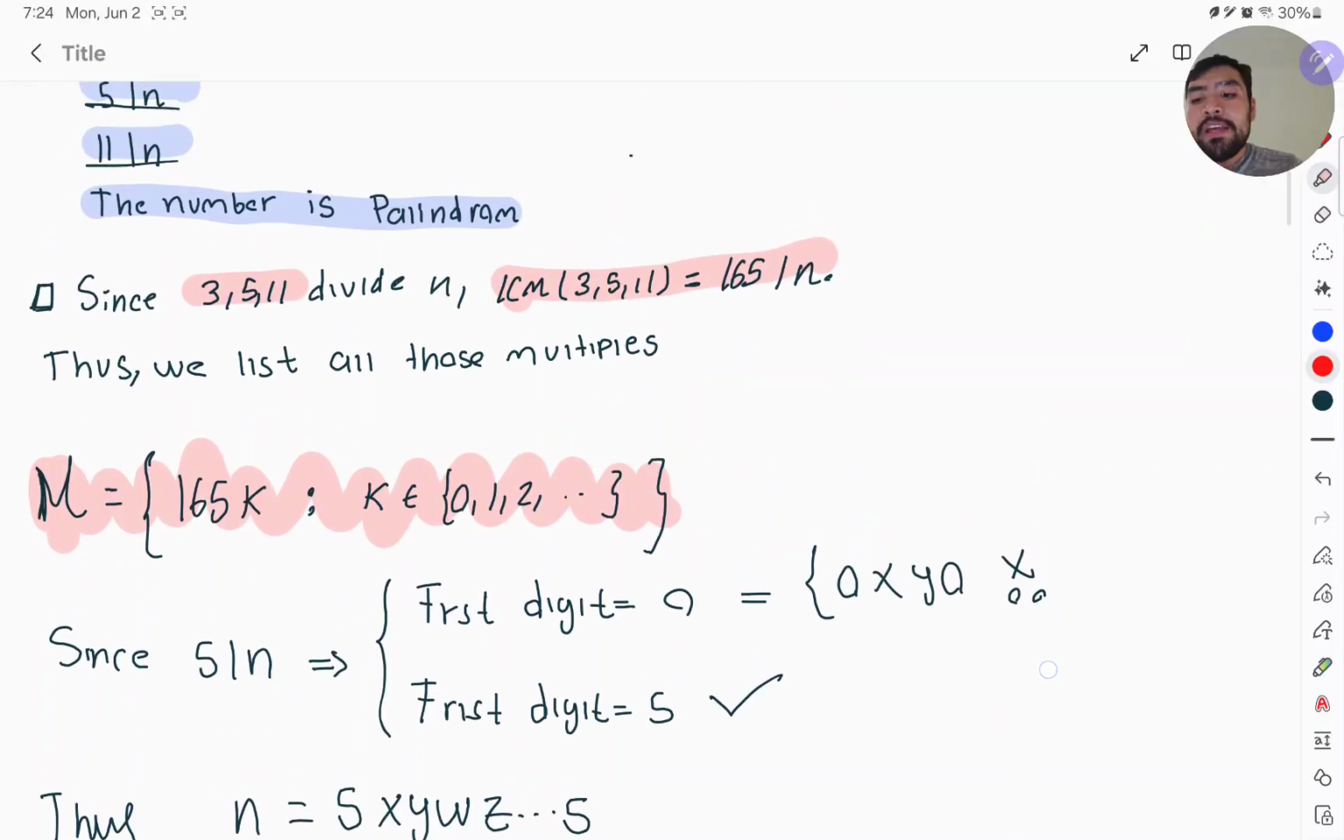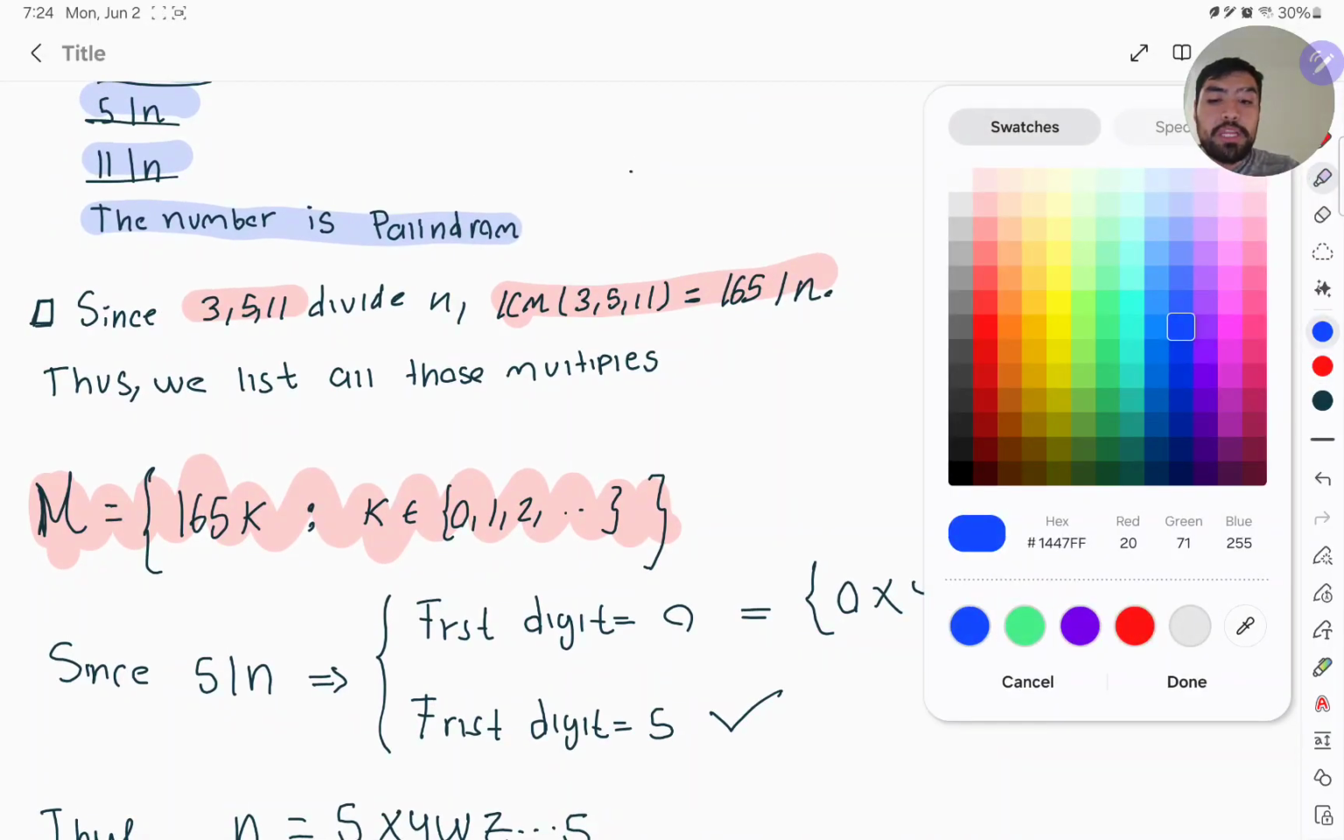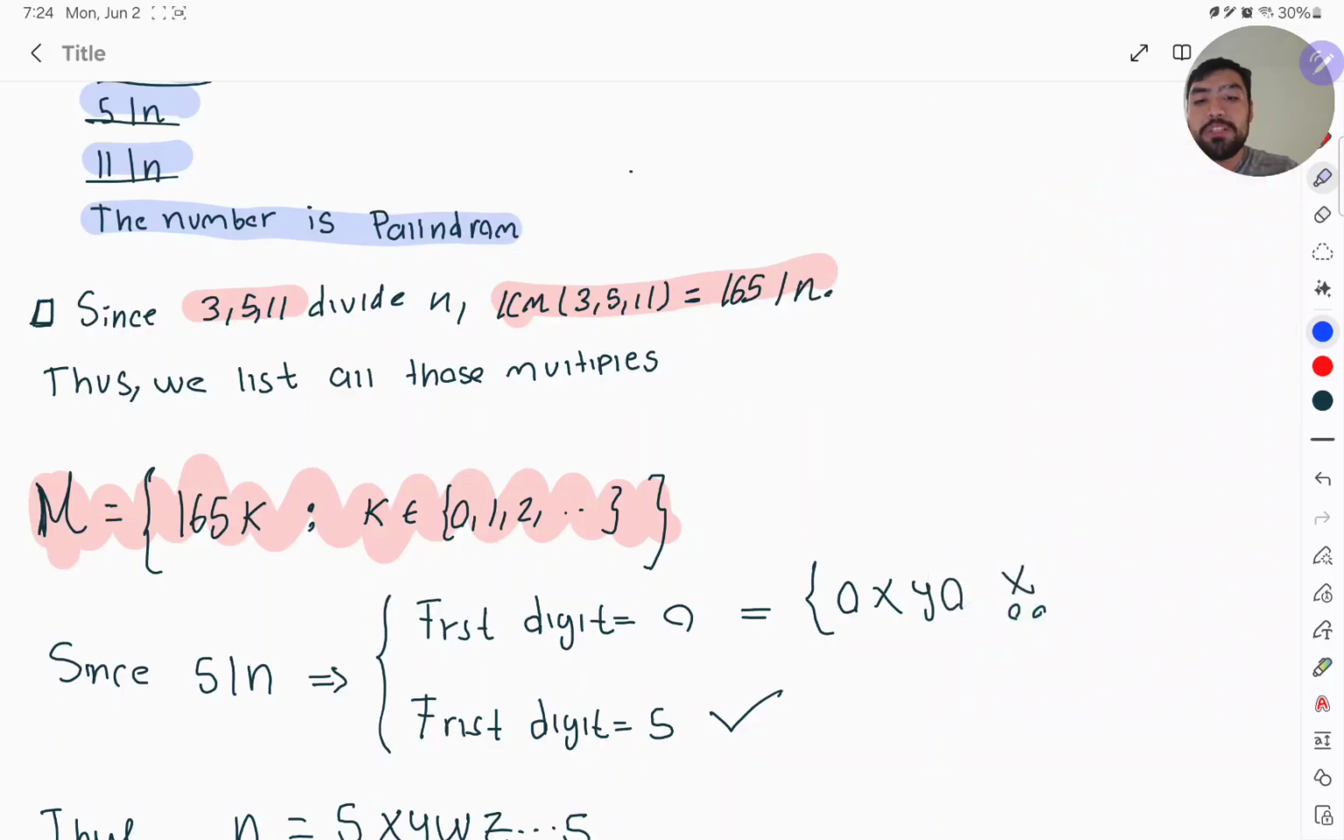And the second point, in my opinion the most important observation, is the next one. Since 5 divides n, it is a well-known fact of number theory that if a number is divisible by 5, then the last digit of the number must be 0 or 5. Okay, so